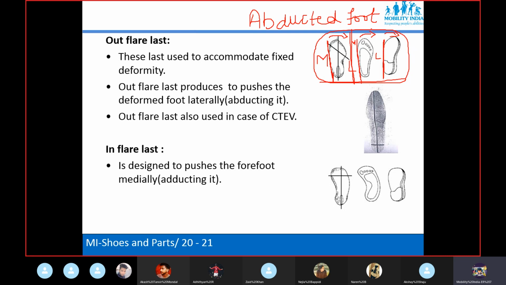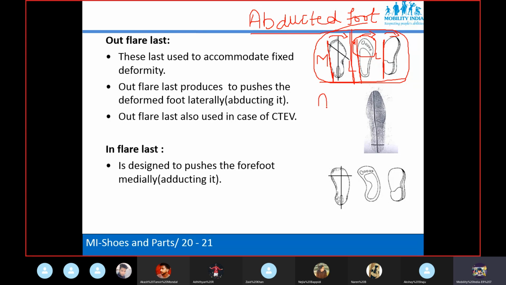Which part of the foot is abducted? The forefoot. If the forefoot is abducted and this deformity is fixed, then we need to accommodate. So in that case, can we use a normal shoe?